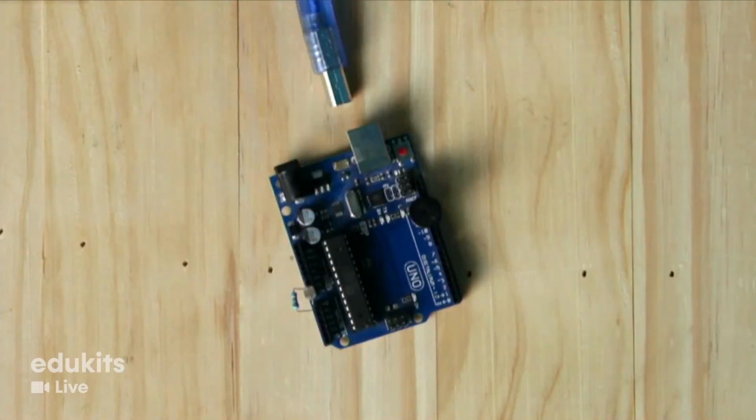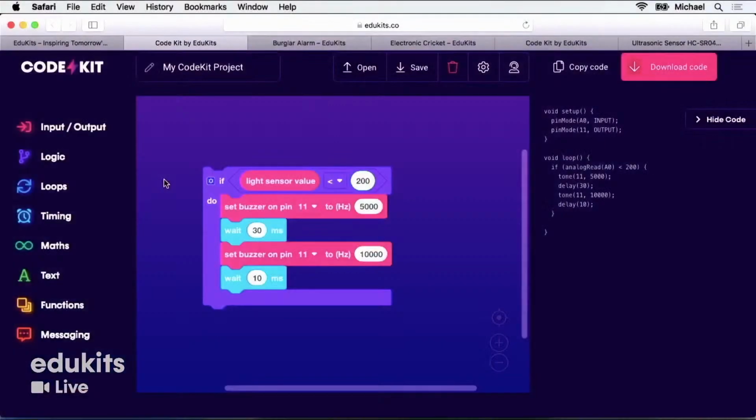Now, I'm going to disconnect this because you can instantly see there's a problem with this. Because we removed the block that turns the buzzer off, it just stays on forever. And we're going to fix that right now. Because obviously there was no sound, so we didn't turn the buzzer on unless there was light, but there's nothing to turn it off here.